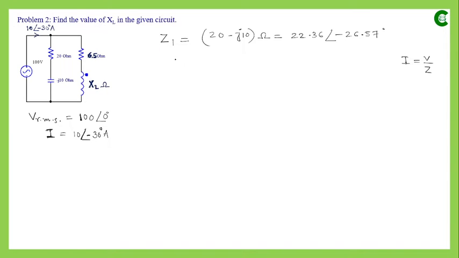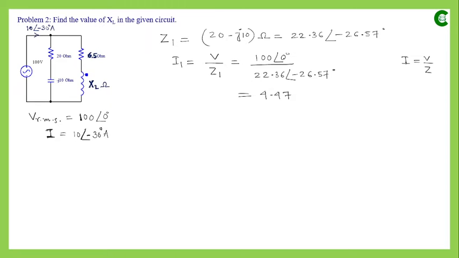Now if we find the current value I1 based on the voltage and the impedance that we have calculated, the voltage value is given and the impedance of that path we have calculated. So the voltage value is 100 ∠ 0 degree, and the impedance value is 22.36 with angle -26.57 degree. So this 100 will be divided by 22.36, and that value will be 4.47, and